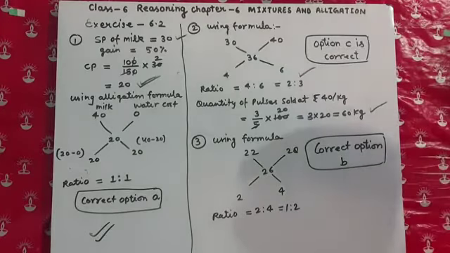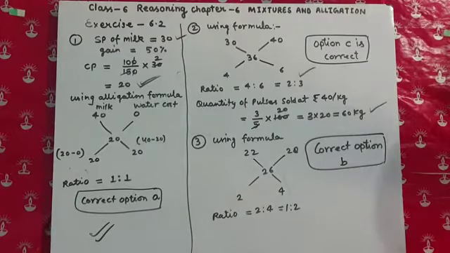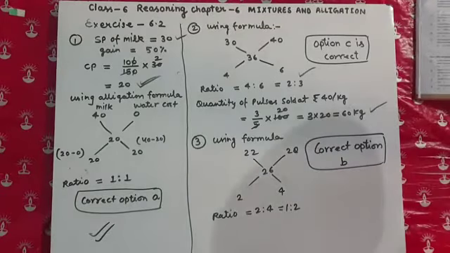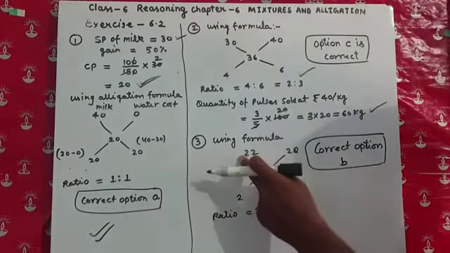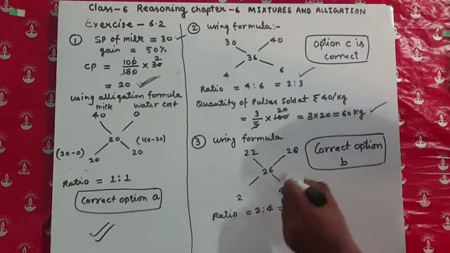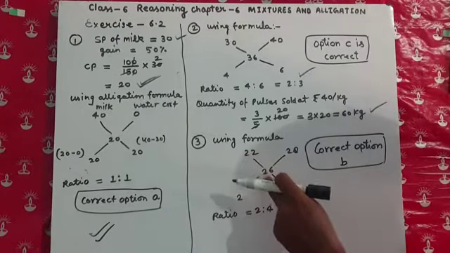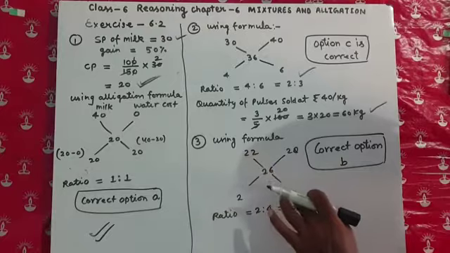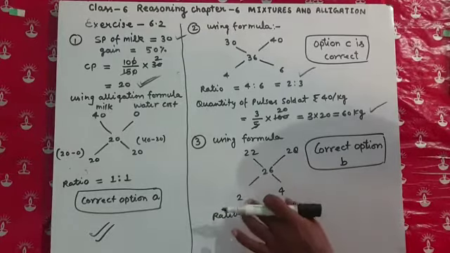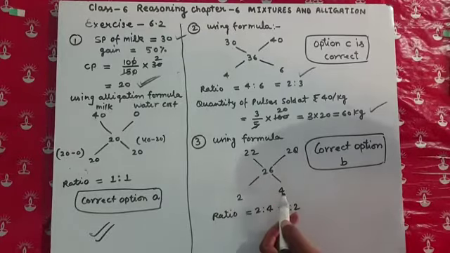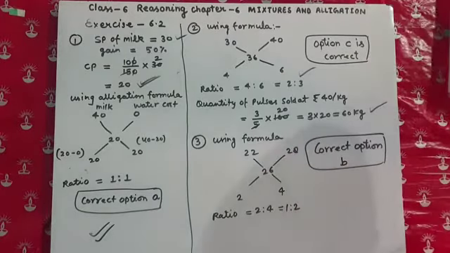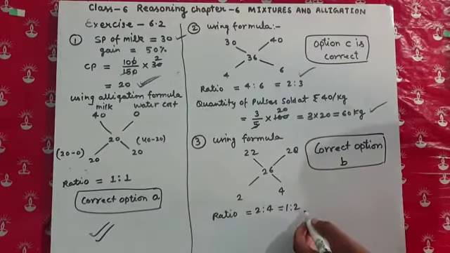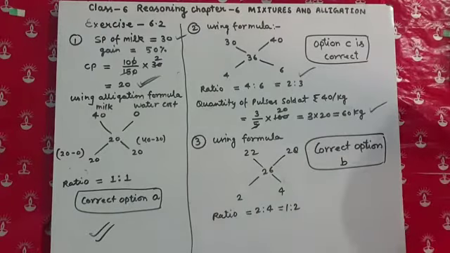Now going to the third question. Again here it is given that 22 karat gold is mixed with 28 karat gold to get 26 karat gold. Now we have to find the ratio of the gold. So 22, 28, and after mixing we are getting 26. The difference of 22 and 26 is 4, and the difference of 26 and 28 is 2. So the ratio becomes 2:4. This is the ratio of the 22 karat to the 28 karat, and the question is asking the same. So the correct answer is 1:2, so the correct option is option B.